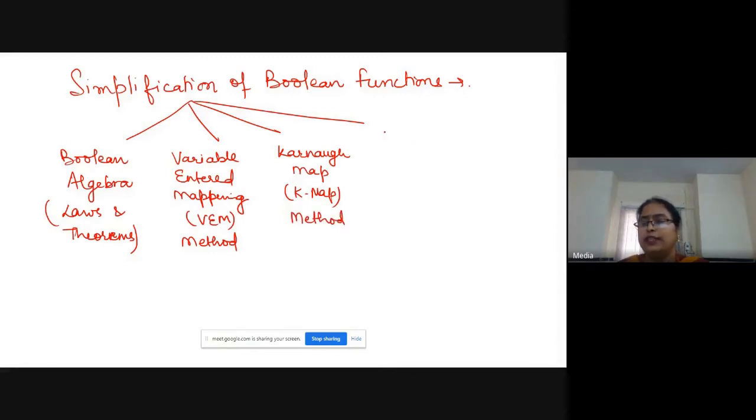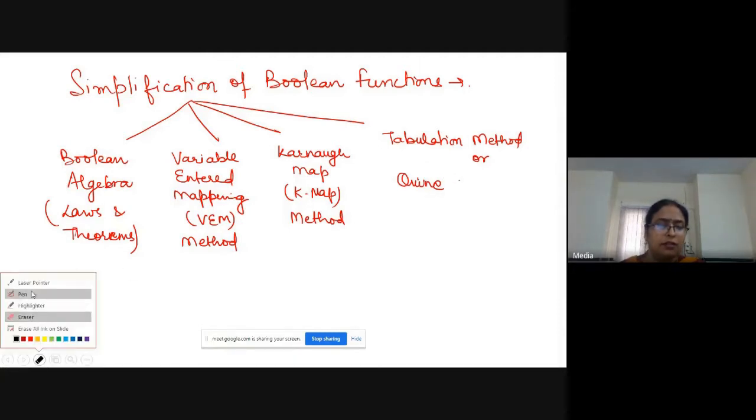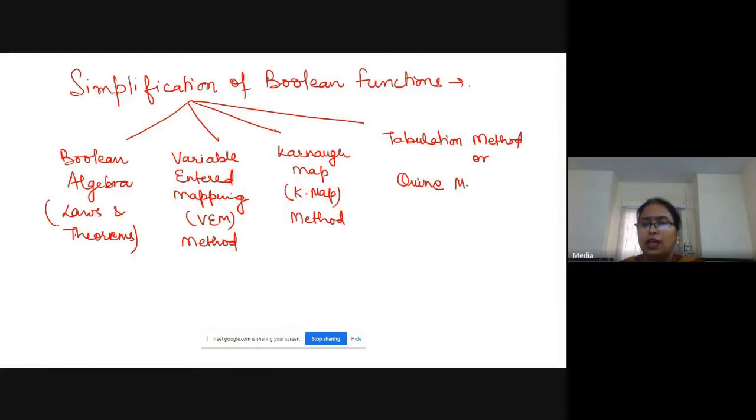And the fourth method is the tabulation method, or Quine-McCluskey method. The VEM method is not in your syllabus.